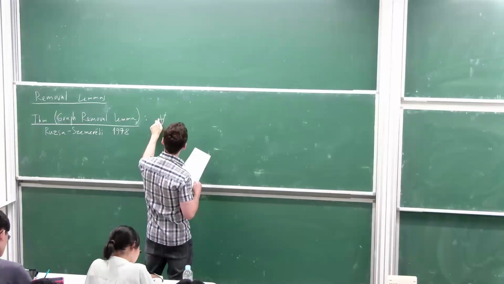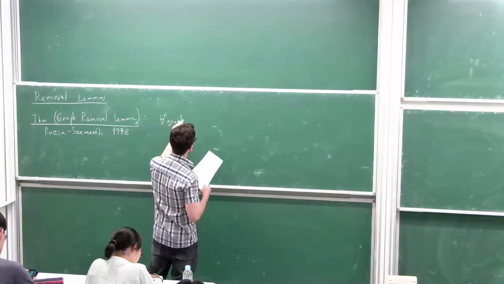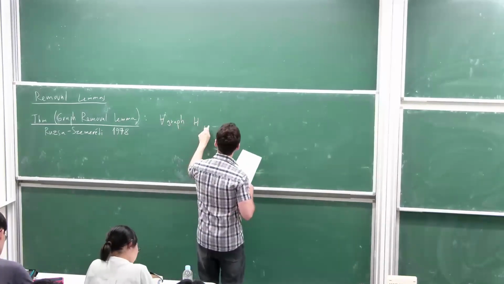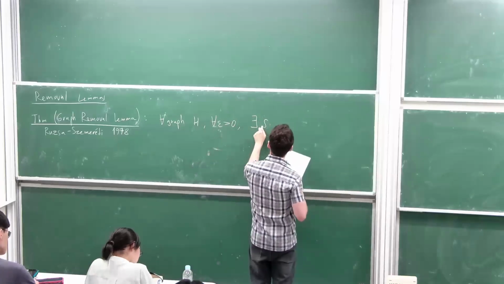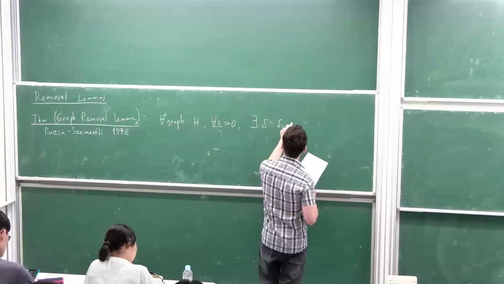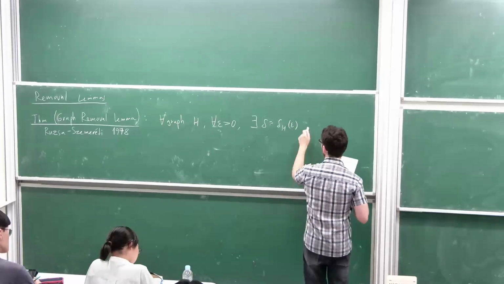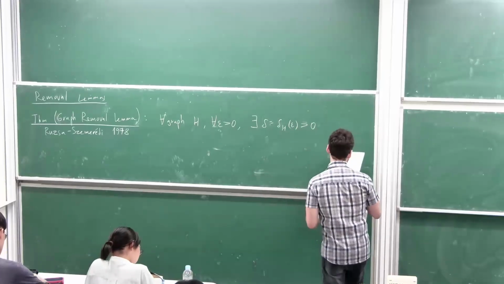For every graph H, which we think of as a fixed graph, and for every epsilon, there exists some delta, a function of the graph H and epsilon, such that